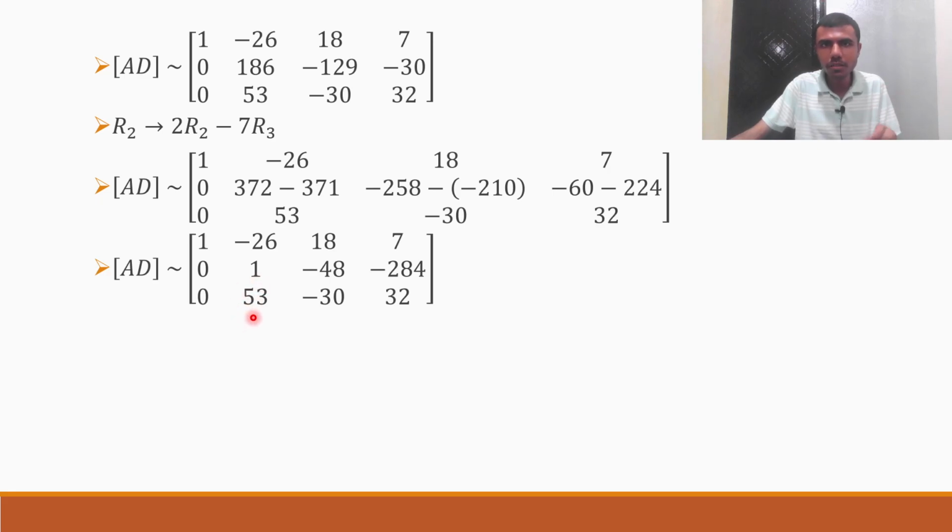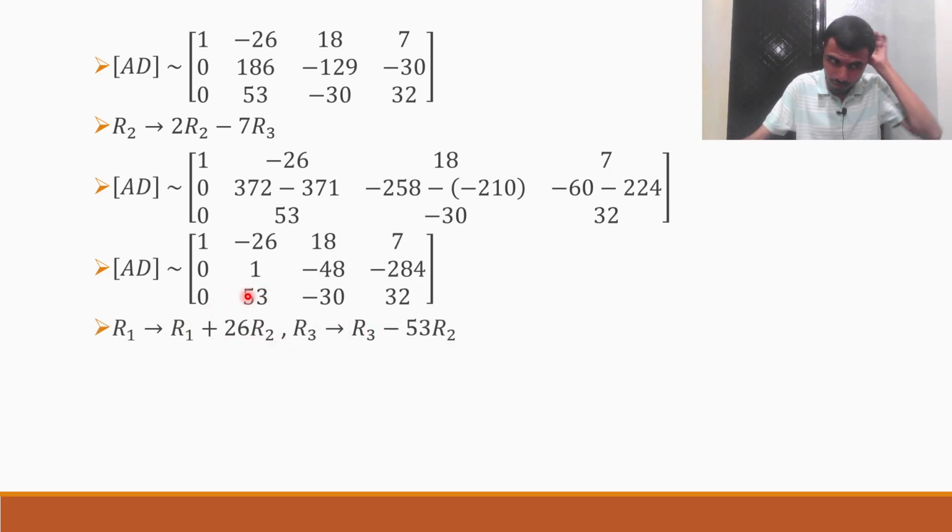Likewise 53, to make 53 zero, minus 53. So R3 implies R3 minus 53 R2. Okay, fine. Now next, if you do these operations which I just mentioned,